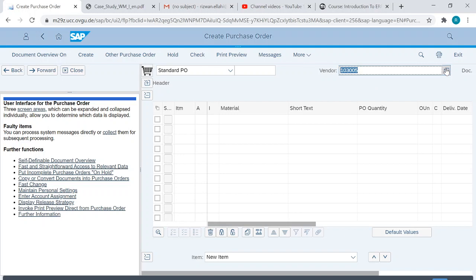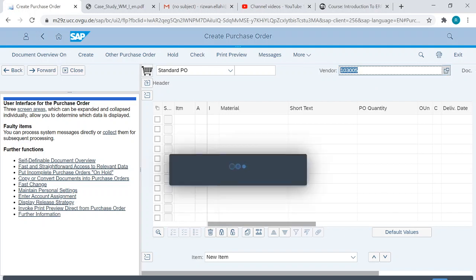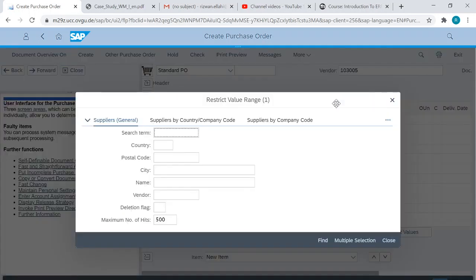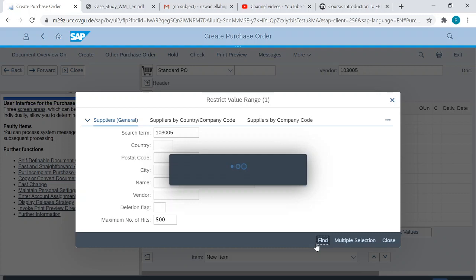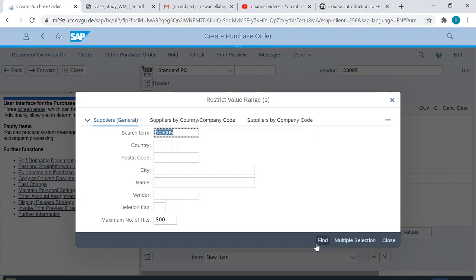Let us try from here. I've clicked the two square boxes. That is working very slow. Okay, so I have written the vendor name code that I require.